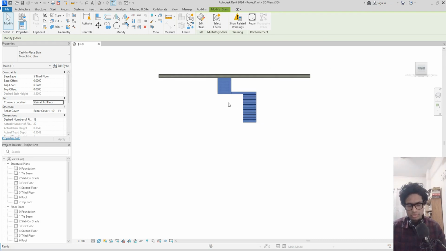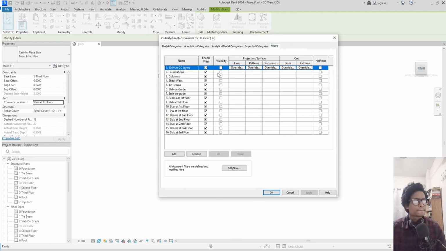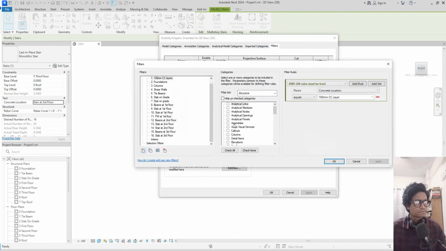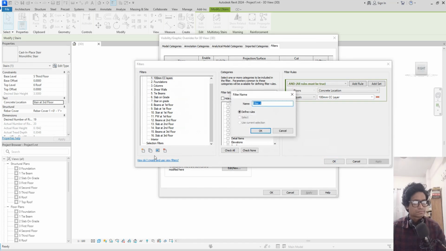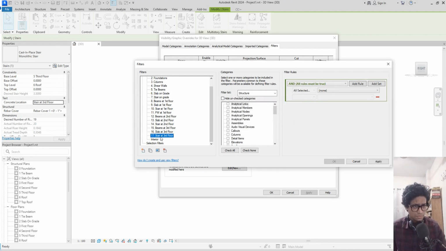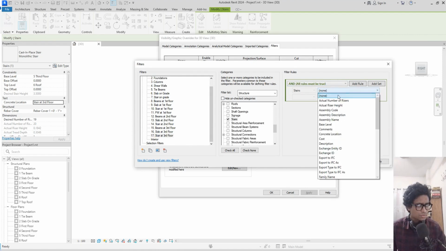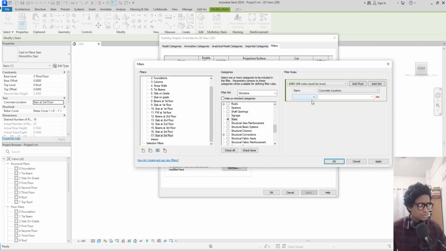Stair at third floor. Stairs at third floor. Concrete location goes to